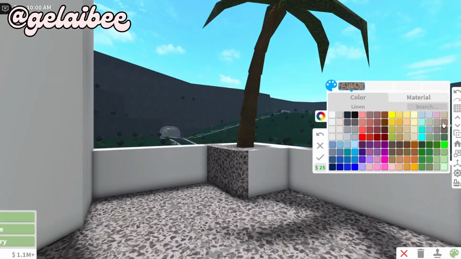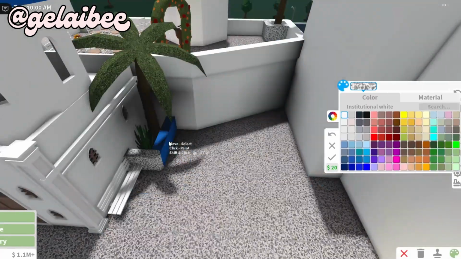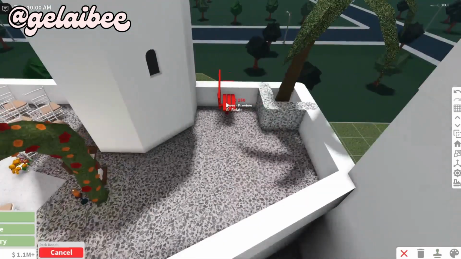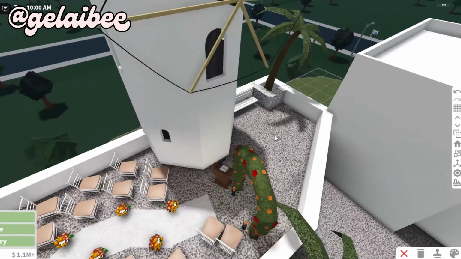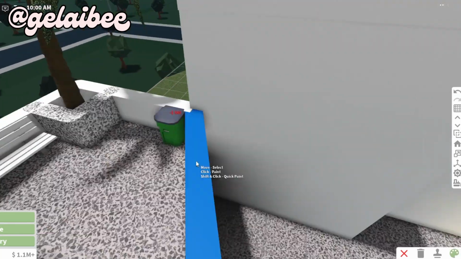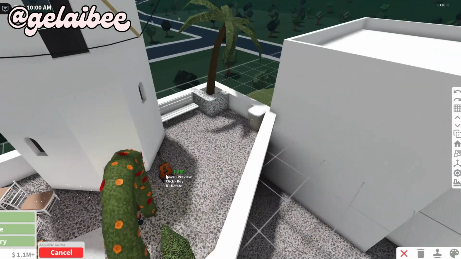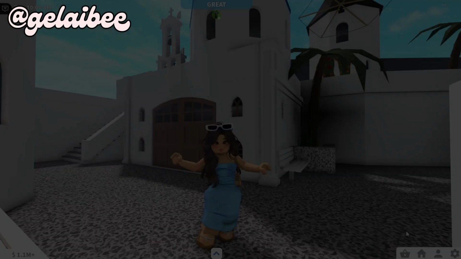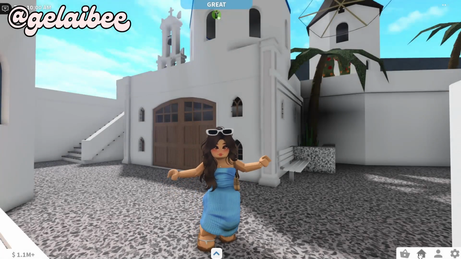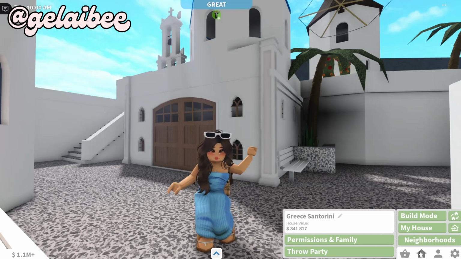I'm going to color this fence to institutional white and pebble texture so it would look different than the fences that we added on the side. I'm just gonna add a trash bin by the corner, and since this is a wedding ceremony, we have to add an acoustic guitar for like the background music. And we are done. So this is the part 6, and our plat value right now is